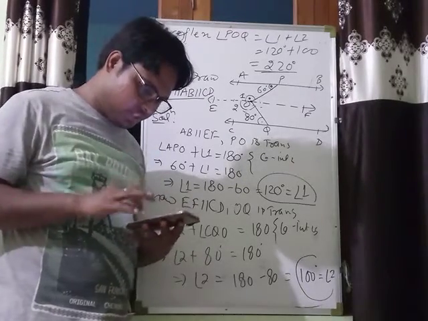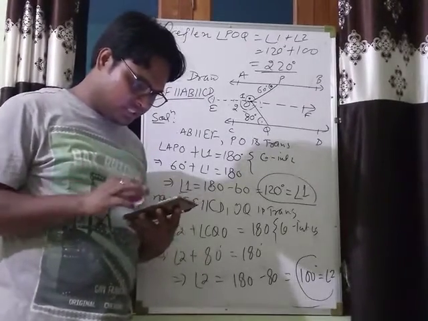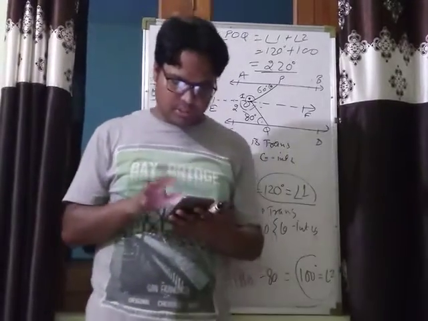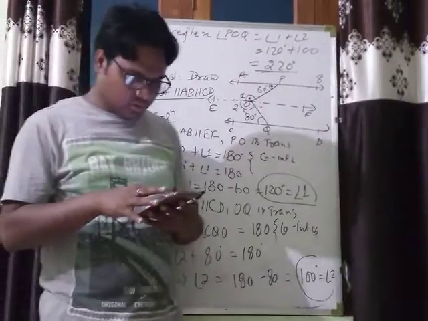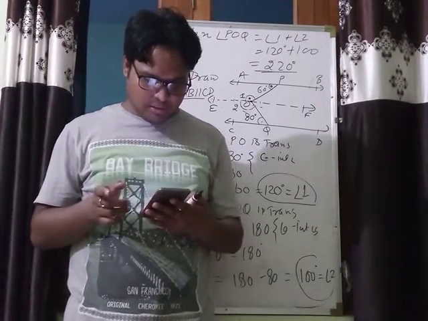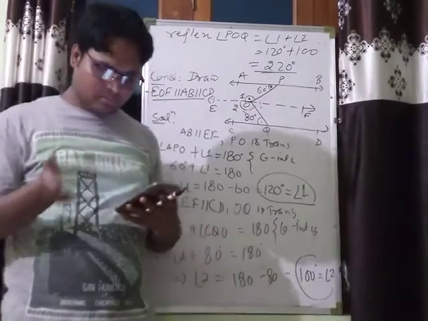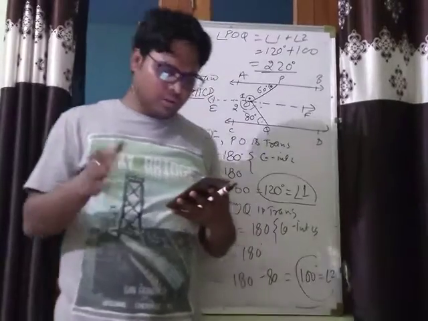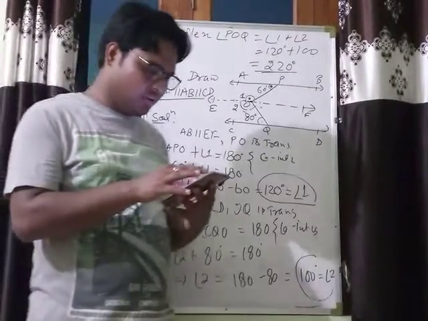Now, this is question number 15. Question number 16 is very easy. Sum of all the three angles will be equal to 180 because POQ is a straight line. So you will solve this. That is very easy. Now question number 17, that is also a very easy question. Lines are parallel, that's why alternate angles will be equal. So they should be equal, and from there we can easily find out the value of x.